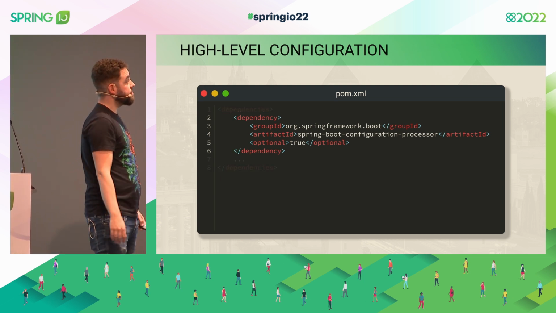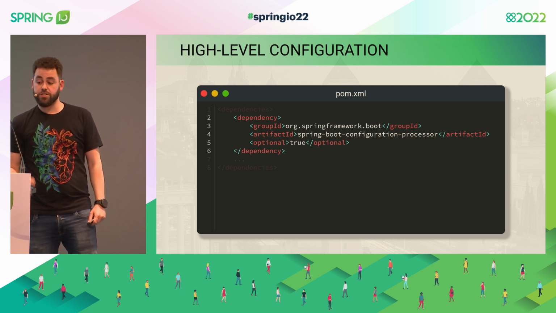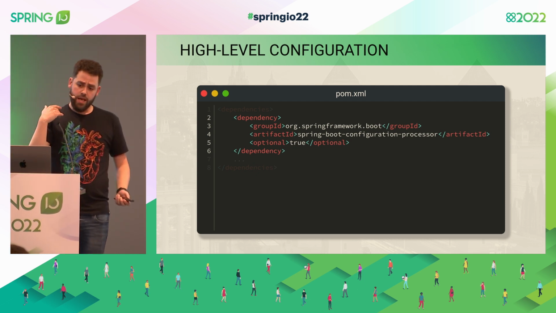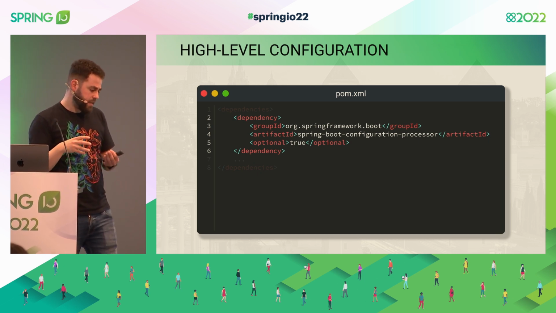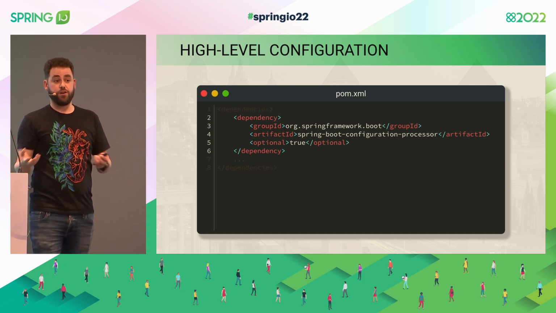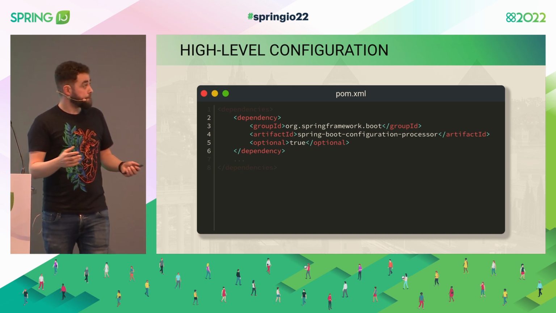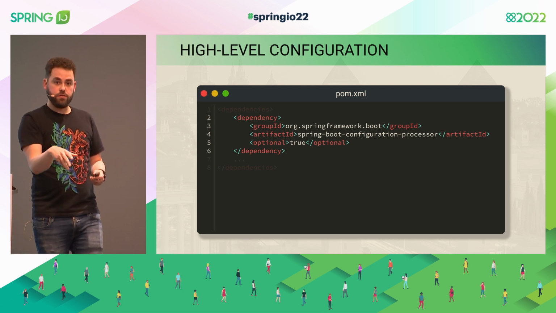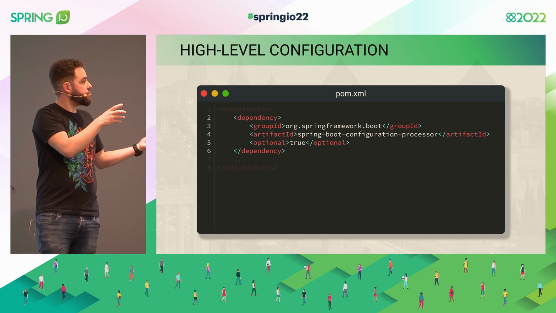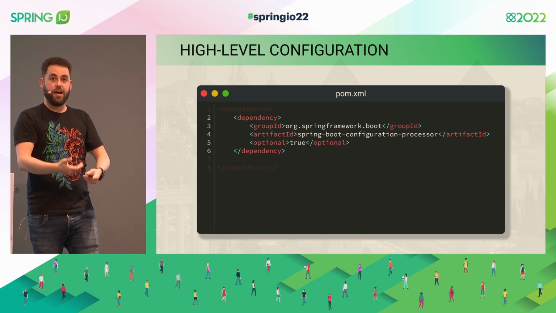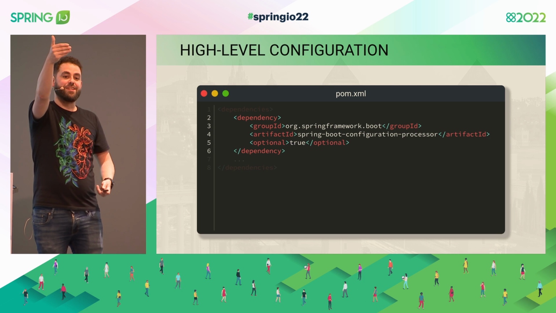There's this dependency called Spring Boot Configuration Processor. This is something we can add to our modules where we have configuration properties. And what it will do is it will understand the properties we have there, and it will generate metadata for our IDE, which means that now we have this file with its own Javadoc, and it will understand the Javadoc also, and will give us, OK, for this specific prefix, we can autocomplete on the IDE, and we will even be able to see the definition of those fields.